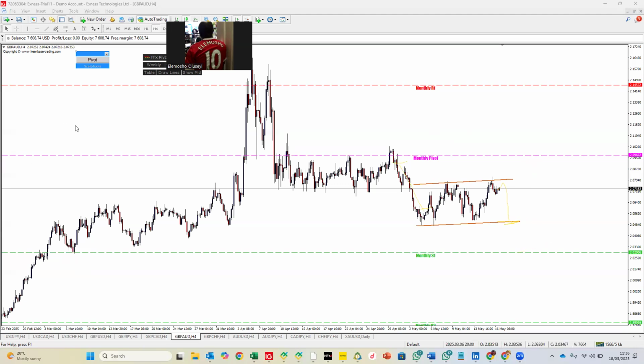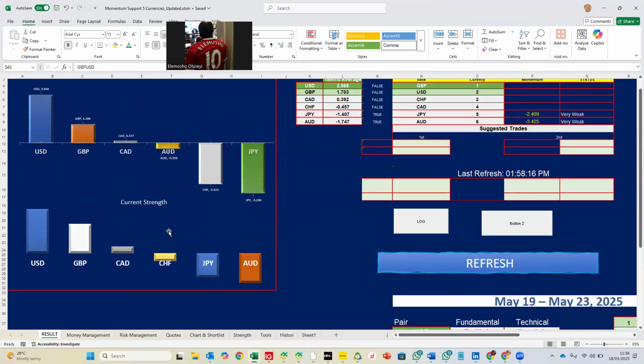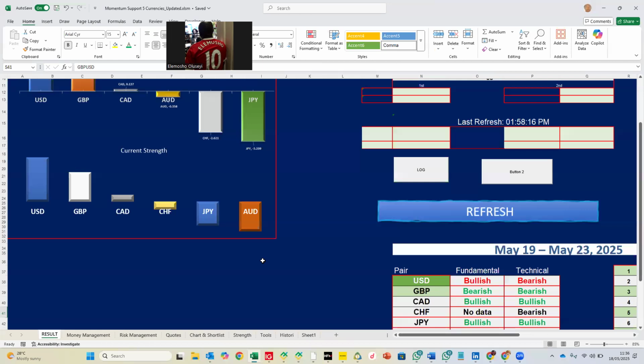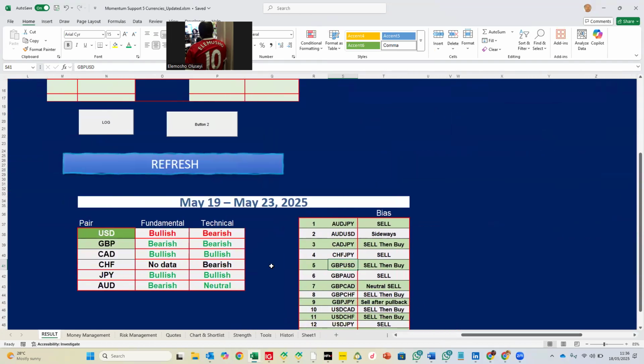But altogether, I'm looking for a sell for that, especially when AUD becomes number one on the list of this currency strength meter right there. And then the next one here is